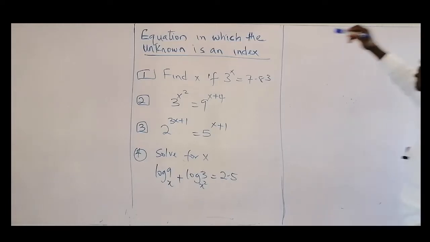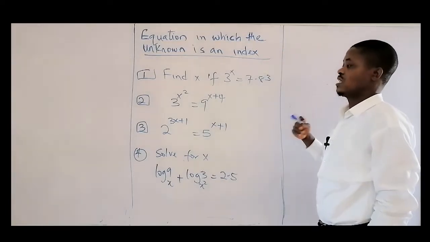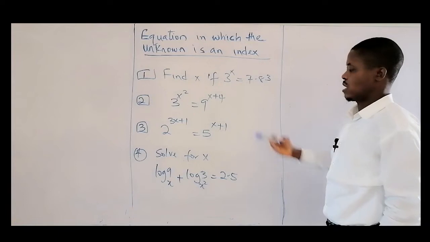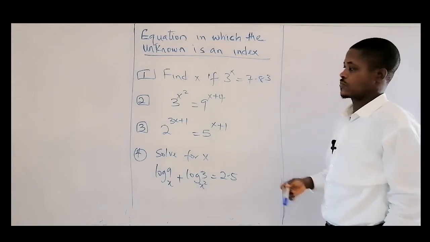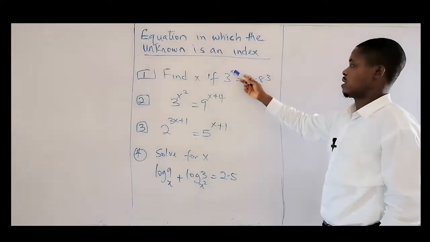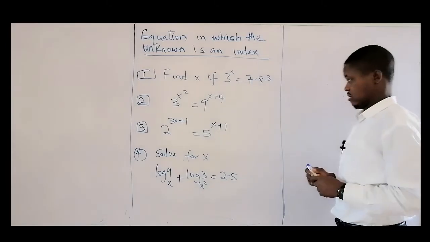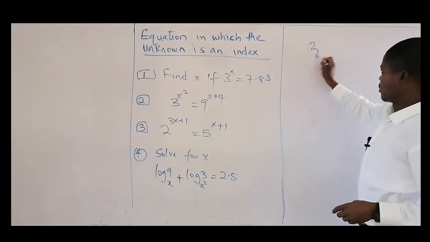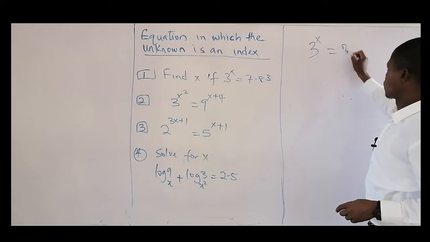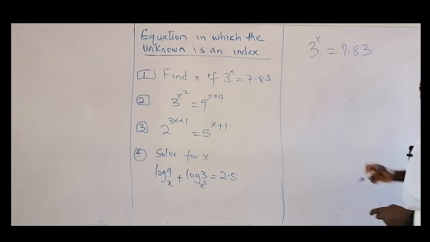We are looking at the equations in which the unknown is an index. Okay, and we have these questions for explanation. Find x if 3 to power x is this. Question 1, we have 3 to power x is this. Okay, when you have this kind of question,